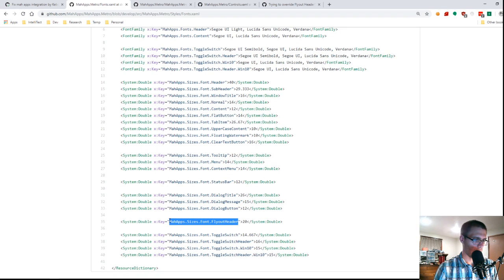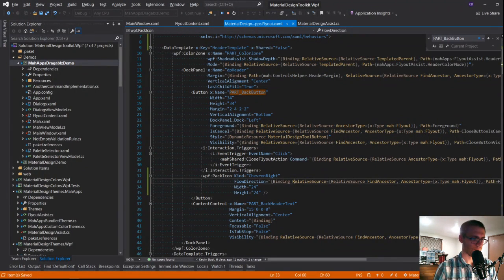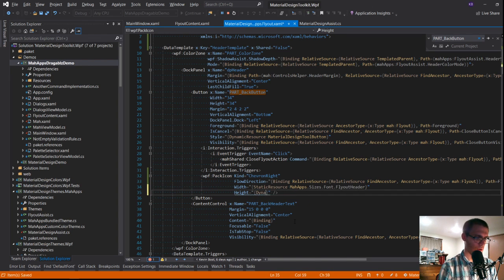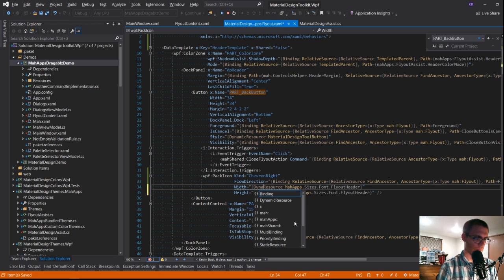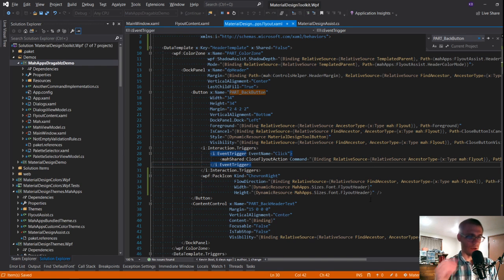Because I'm kind of wondering if we do this. Static resource, boom. And actually, let's do dynamic resource because these are ones that could be changing. Plus, if somebody wants to change it out,